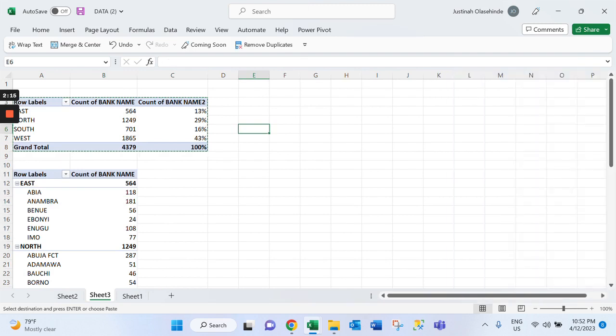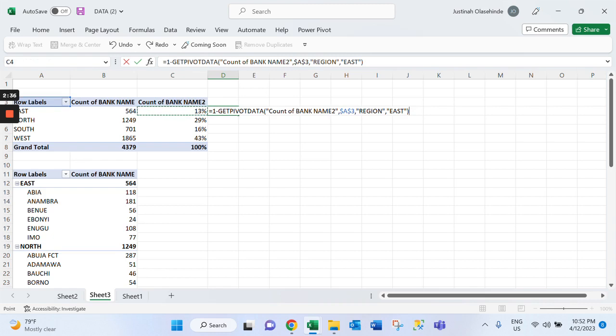Now the next thing that I'm going to do is I want to subtract this particular percentage from 100. So how am I going to do this? That is just to input my formula: equals to 1, which represents 100%, so equals to 1 minus this. If you click on this, it will give you error. So just say